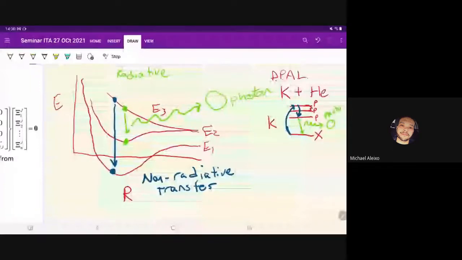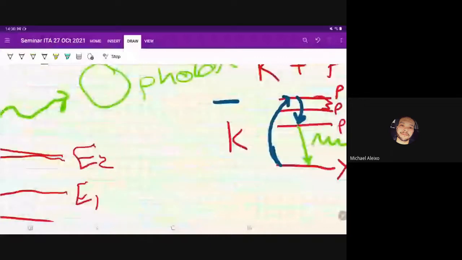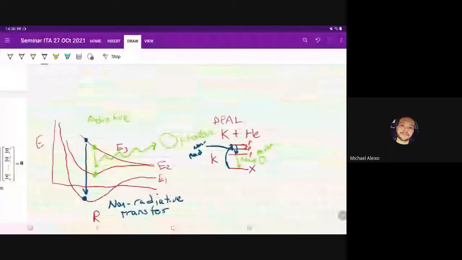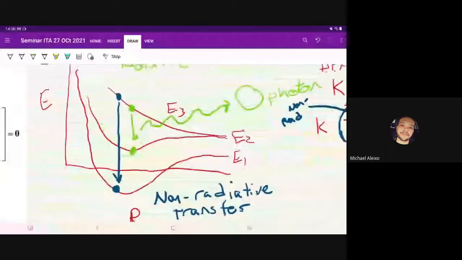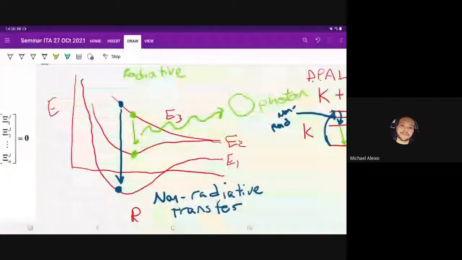So this part in green is radiative, but this part in blue up here, if I zoom in a little bit, this is non-radiative. Okay, so that's what we need to get to work. Now that's just potassium on its own. When we add helium into the mix, of course, now we can have a distance between them. And so our P manifold might look like this. And now, instead of calling them generically E1, E2, and E3, with the ground state down below that I'm not quite showing here,